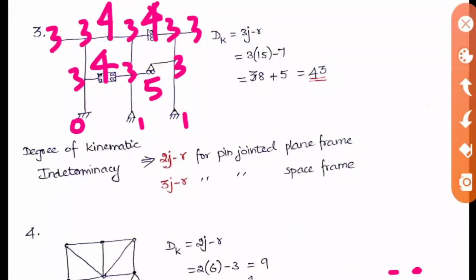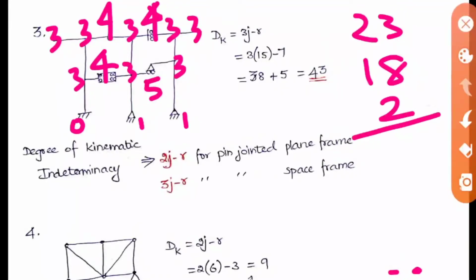Okay, so when you sum it up, 3 plus 3, 6, 10, 13, 17, 20 and 23. So in this area it is 23. In the next line if you see, 4, 7, 10, 15 and 18, and in the last line it is 2. So totally you will be getting 43. Okay, the same answer we are getting even if we do by this method.